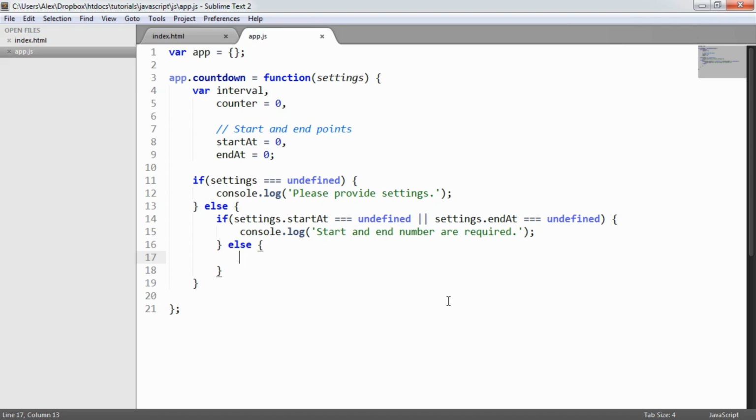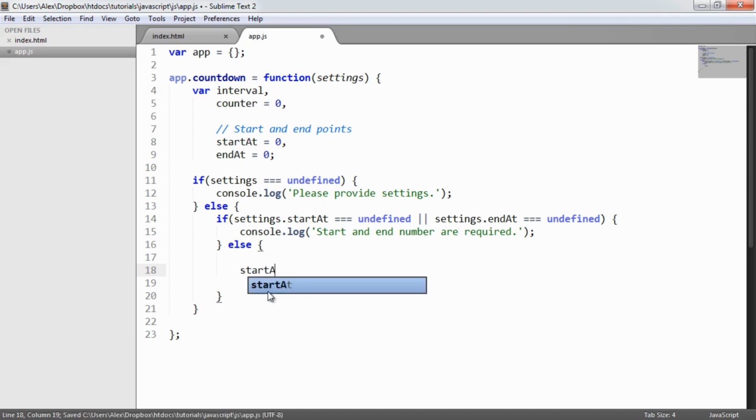So what we're going to do now, now that we know everything's fine and we've got the two values that we require within the settings, is assign the settings.startAt value to startAt, and the same with endAt here. So I'm going to say startAt. Now notice we're not using var here because we're not declaring or creating a variable. We're just assigning a value to this variable that has already been created. So I'm going to say startAt equals